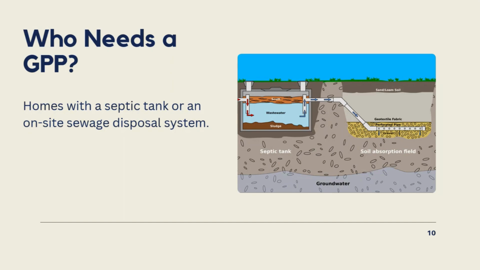I'm the only one really that runs this program, and I review all the GPPs. I make comments on them. I help develop them if people want me to. So there's no way we can get a GPP for every place that needs a GPP in the state. I don't expect us to get GPPs for every home that has a septic tank. That's just not really feasible. But if an individual wants a GPP for their home septic tank, I am more than happy to review it and work with them on it.